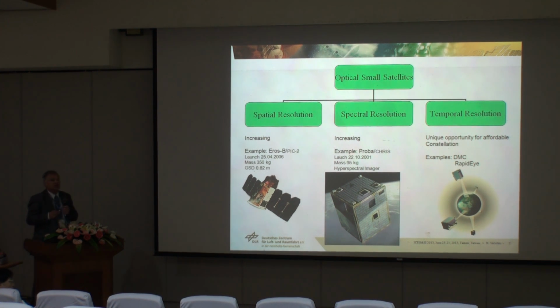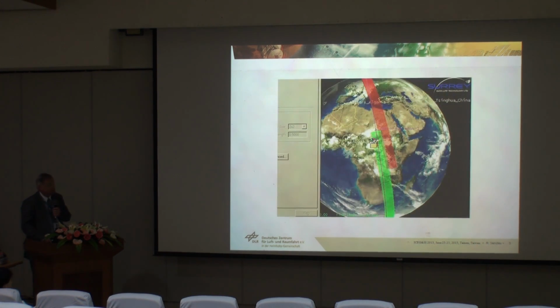And I want to come to three examples. One is the optical constellation, expressing the constellation formation part. Then we come to magnetic field measurement and gravity measurement. These are all fields which have been possible with small satellite applications. Let's start with the